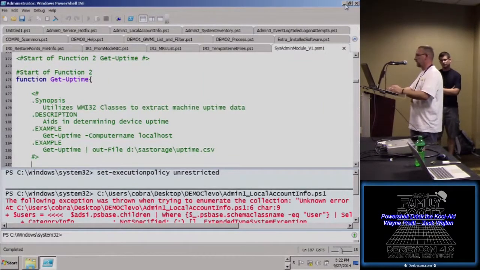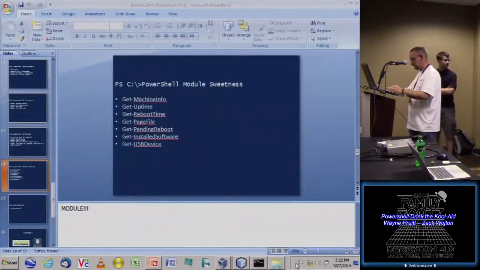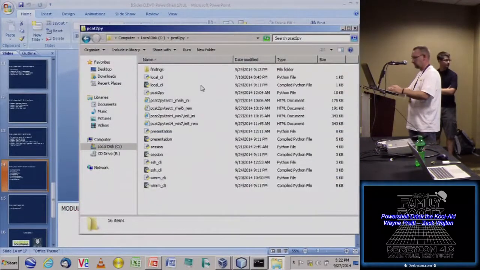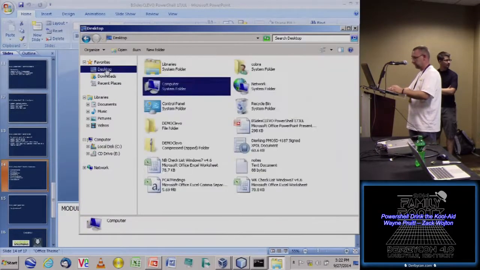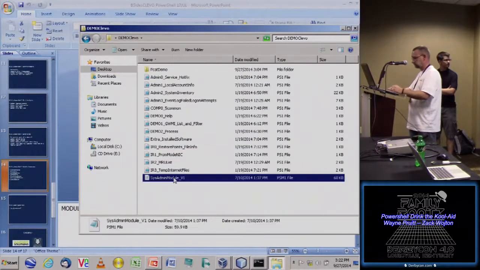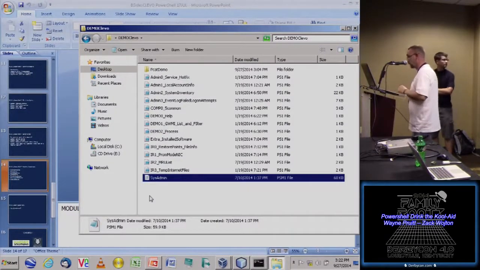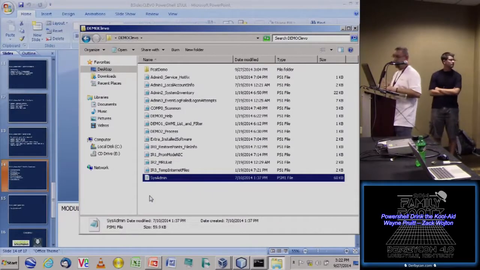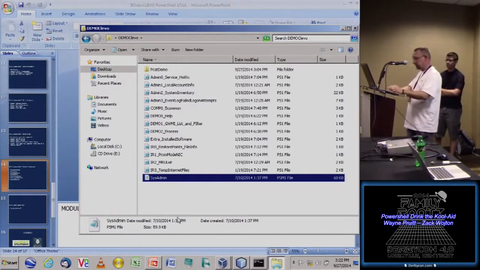So now you build a module. I'm going to rename this one just because it'd be easier. Desktop. I'm just going to rename it sysadmin so I don't have to type as much. Alright, so now you've written your module. It's a PS1 or a PSM1 file. This is for module. So now to load that, all you have to do